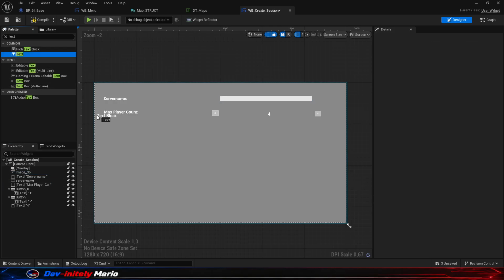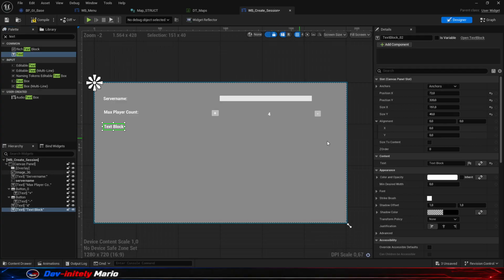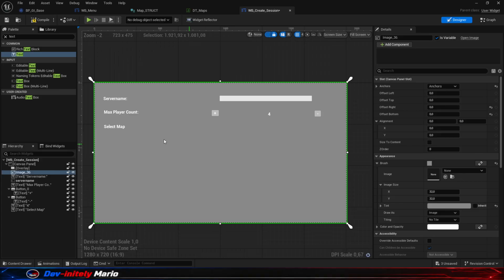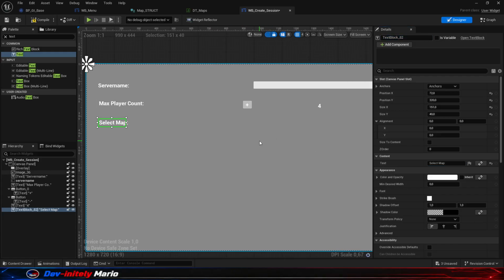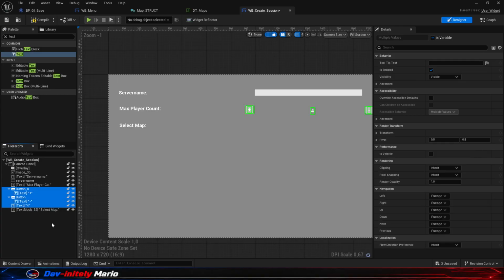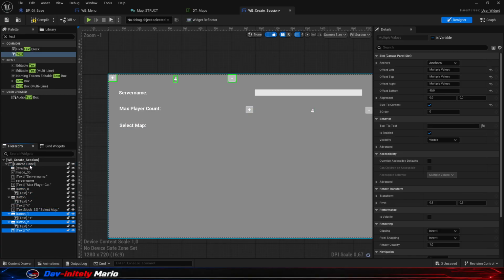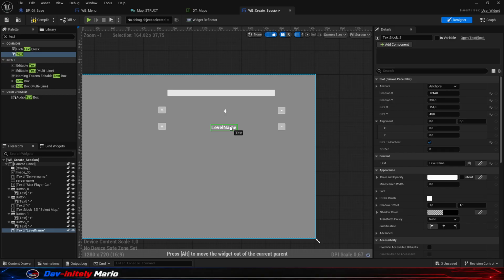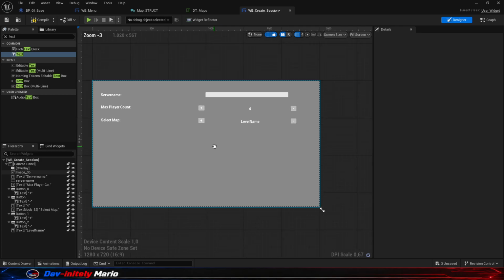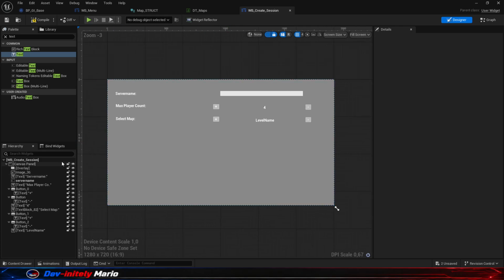So next we need a new label here, and we call it select map. Don't miss the double dot because we make it. So now we need the same 3 things here, but the text here will be the level name. So maybe around there. So we need 2 buttons and more